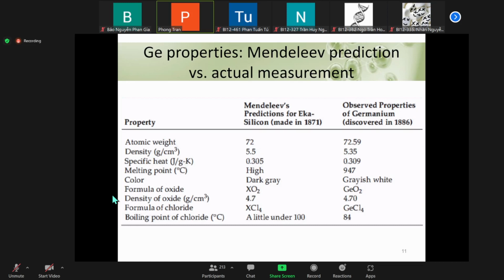Mendeleev predicted the formula of the oxide is XO2, and the oxide of germanium is GeO2, exactly what was predicted. The density of the oxide is exactly identical. The formula of the chloride is also exact. Boiling point a little under 100 is what Mendeleev predicted, and actually the experimental boiling point of the chloride is 84. So it's quite close, consistent